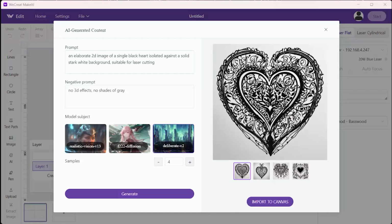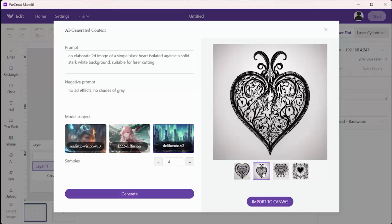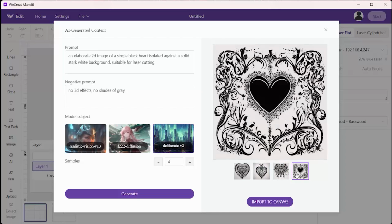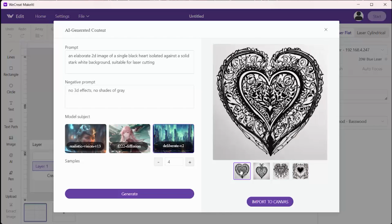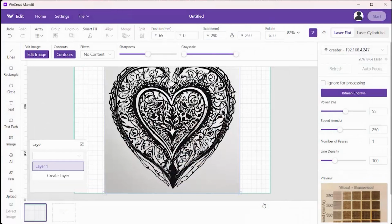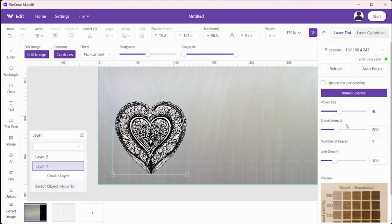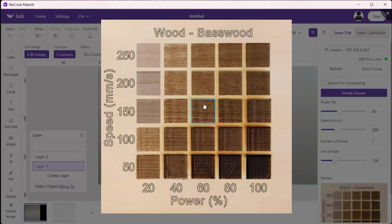I asked for 4 variations, and this is what it gave me. I think the first one is closest to what I had in mind, so I'm just going to select that and say Import to Canvas. I'll show in a later video how I used the Edit Image function to remove the background, but it's really pretty easy. I'm going to size this and place it on the board, and this is raster engraving,